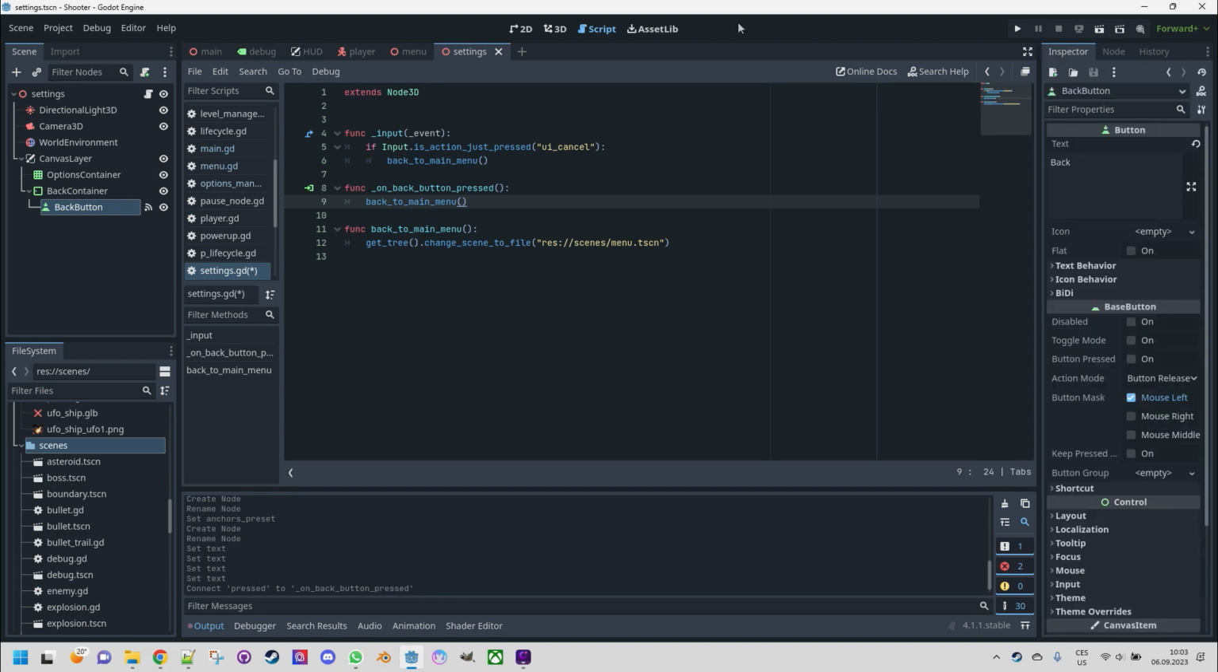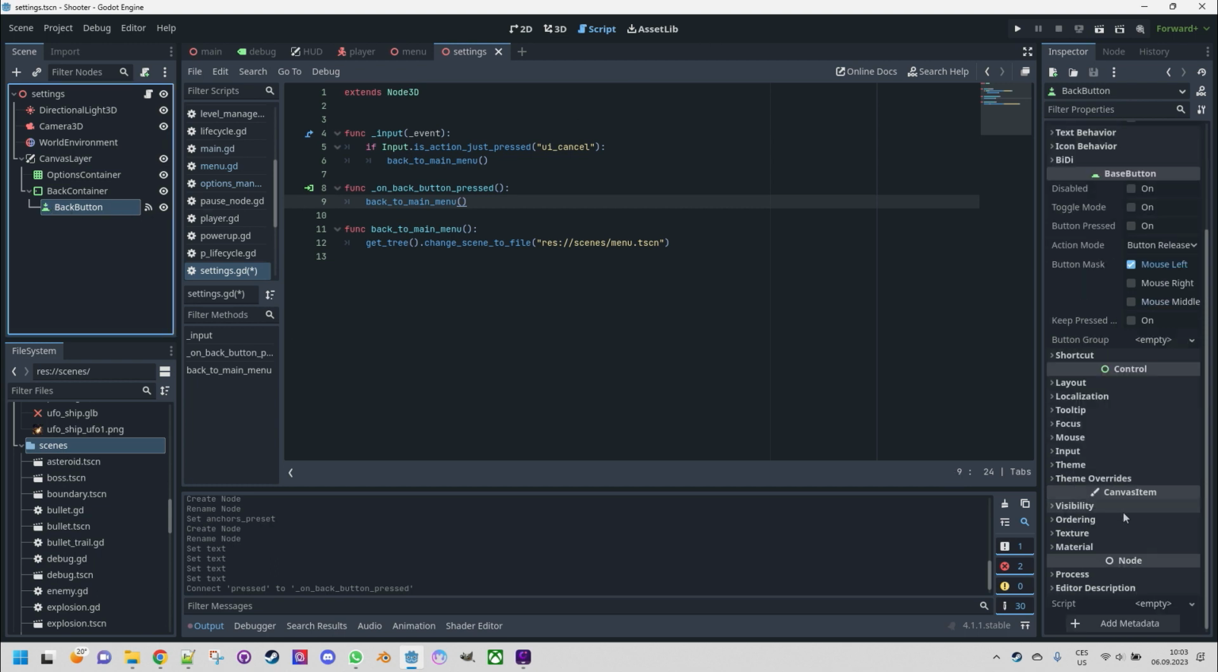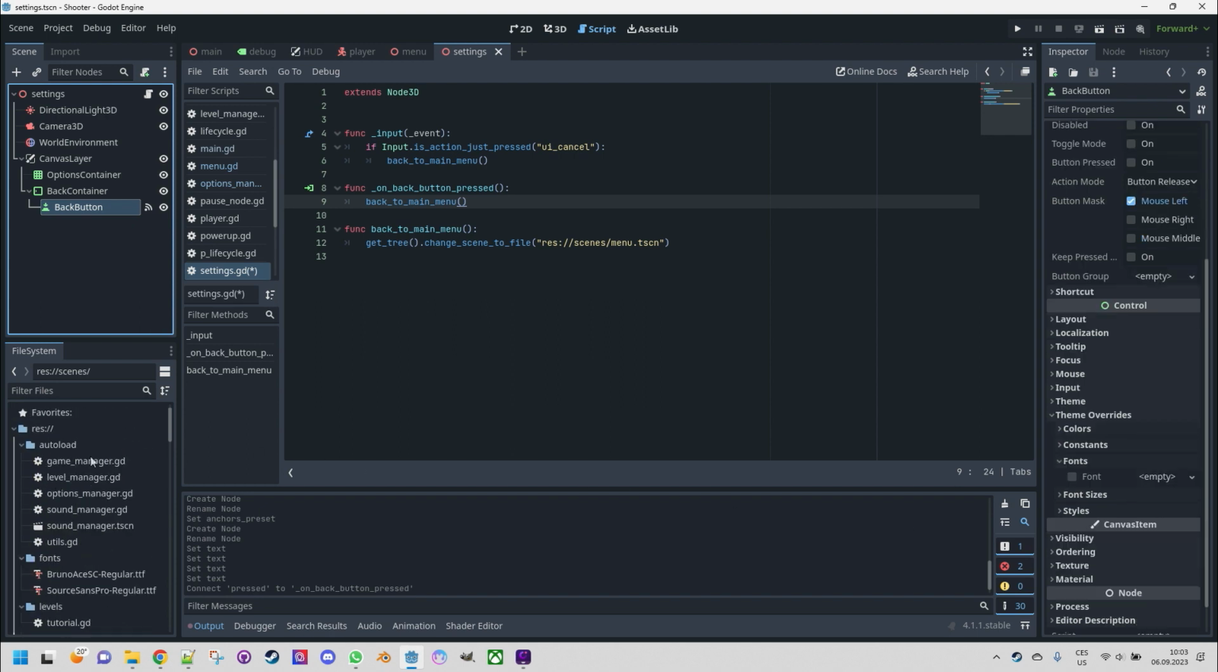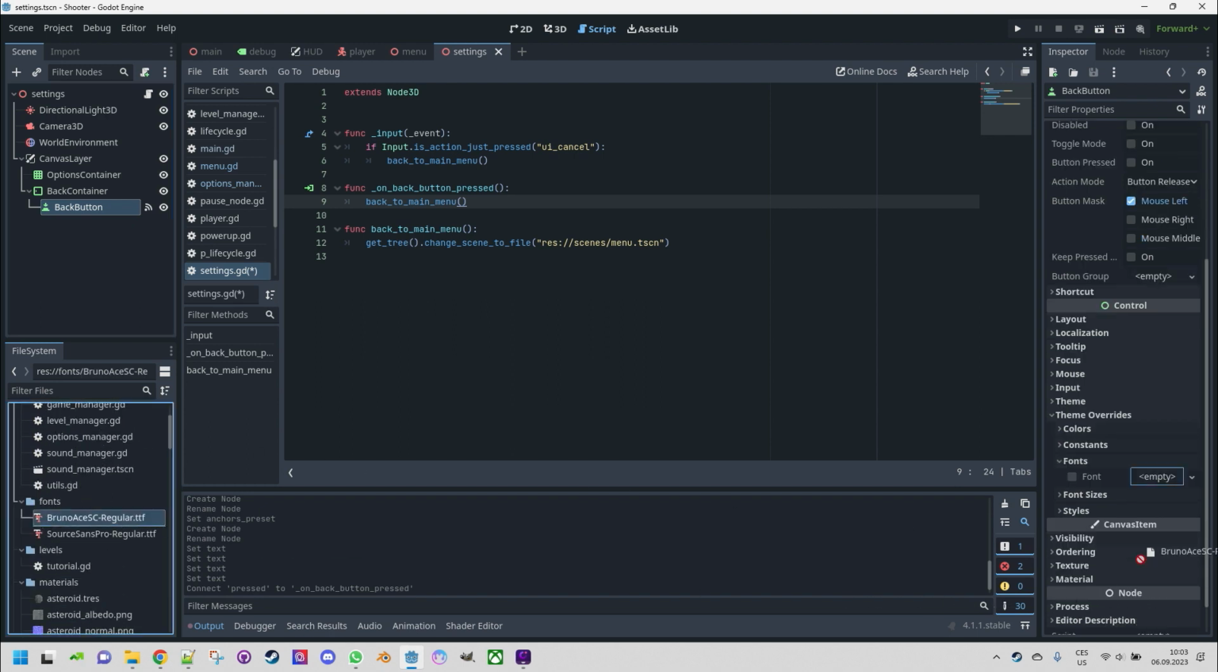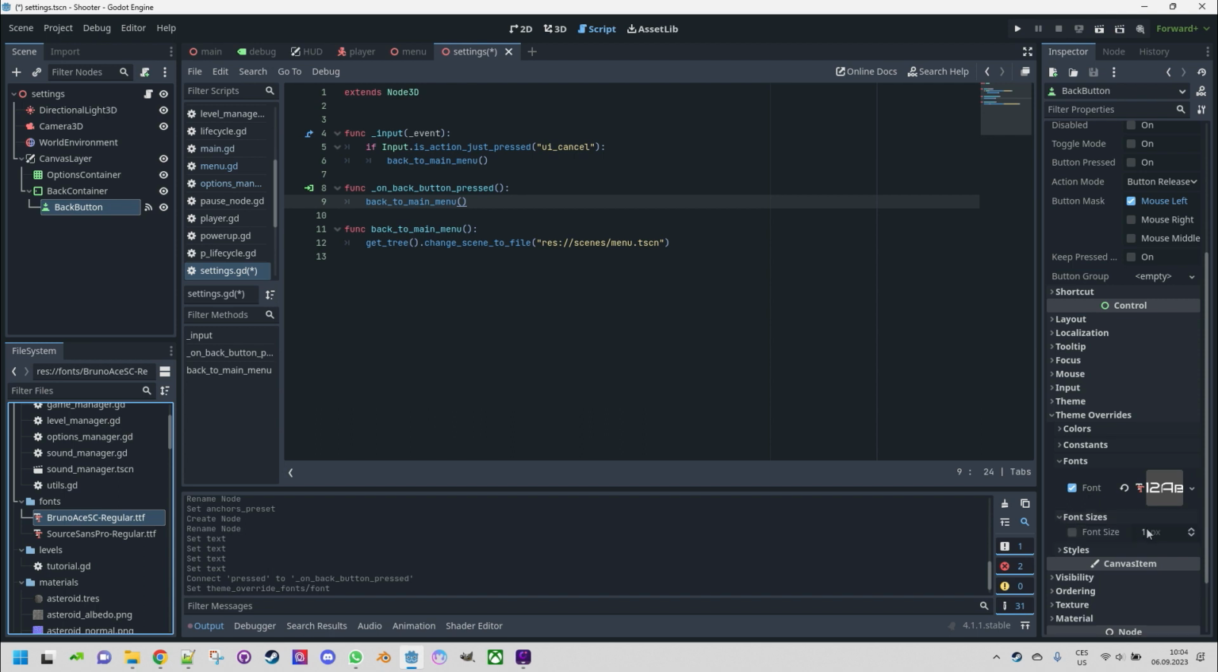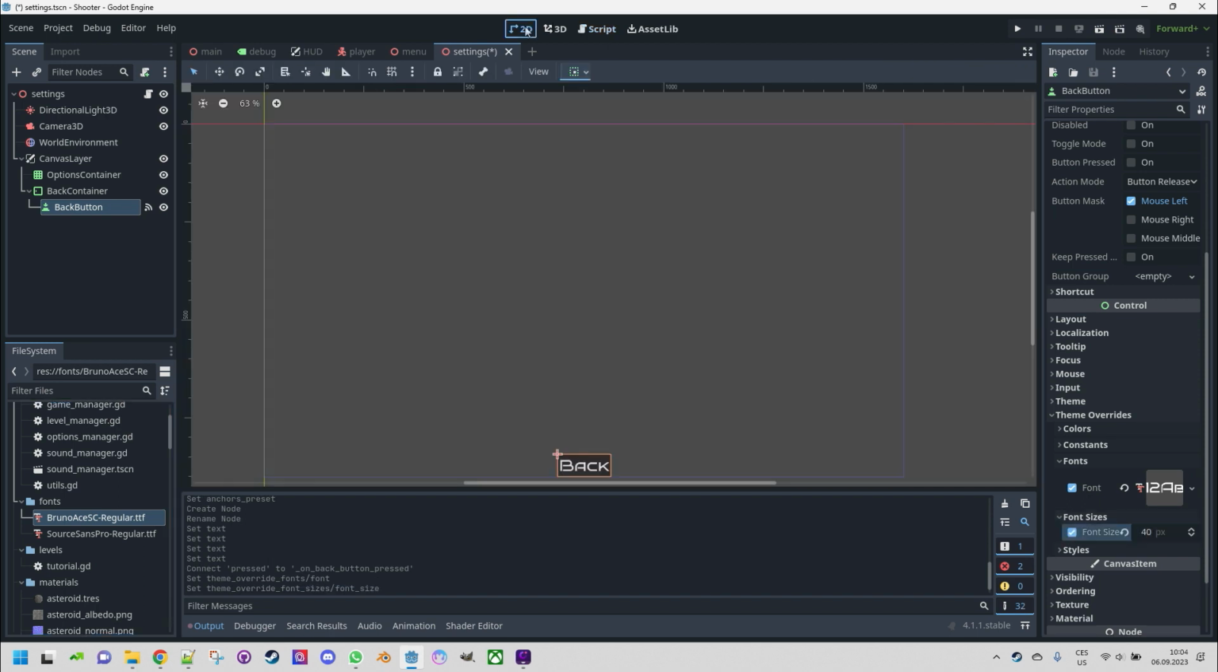I think we should improve the font and font size for this button as well. So let's just find theme overrides, fonts, and our font here. I'll drag it there and change the font size to 40 to make it consistent with other buttons we already have at the menu screen. Okay, and what else? Yes, of course, we need to get to the settings scene by pressing a new button